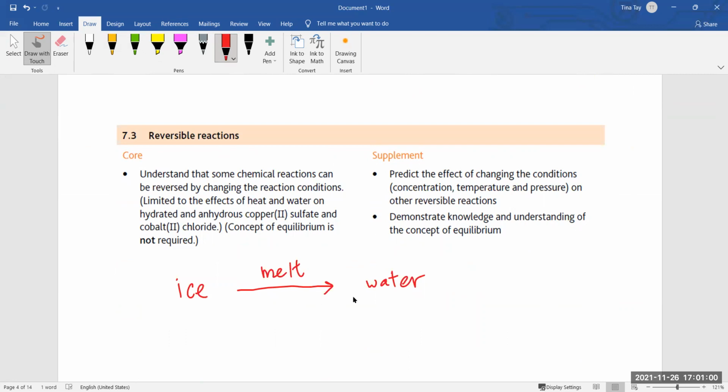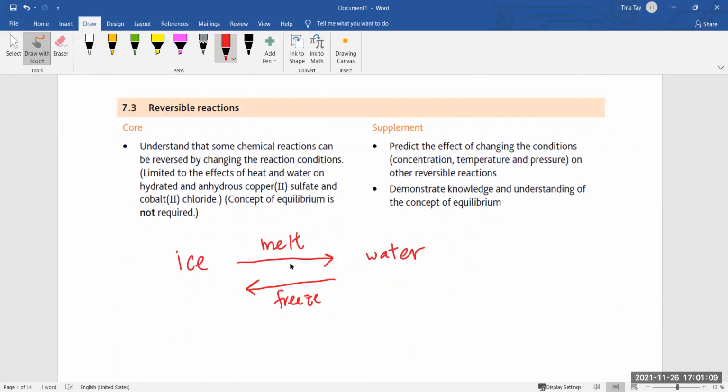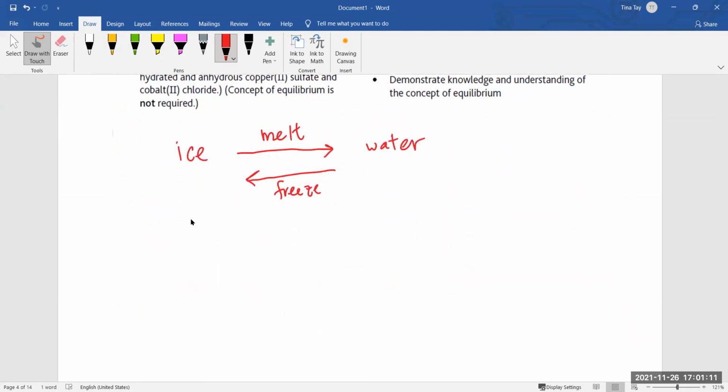Can water freeze to become ice? Of course it can. So this is a reversible reaction. How do we write it in chemistry? Water, can you please write this down? In liquid form, the arrow is like this and then becomes